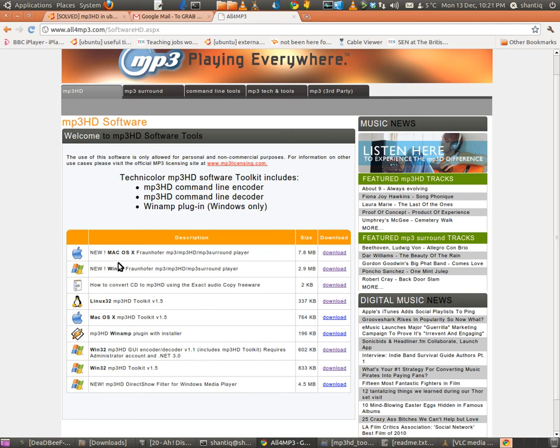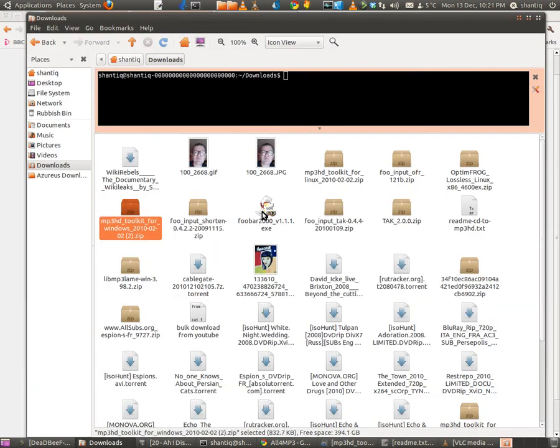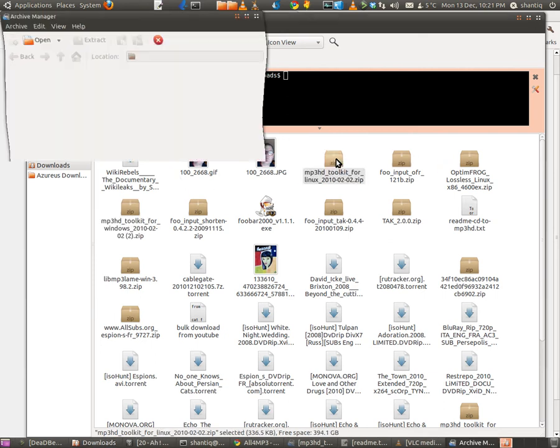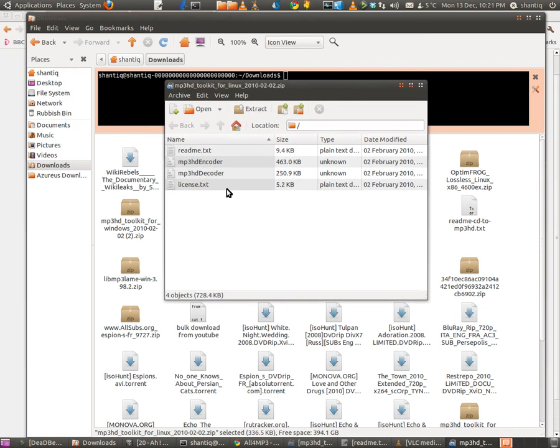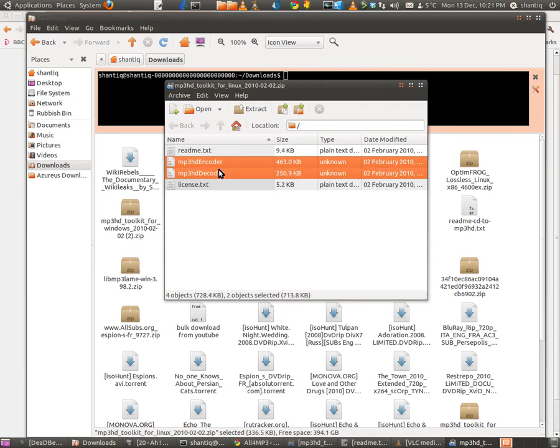So first thing to do is to download the Linux toolkit here. Download here. I'll go to my downloads because I've already got it there. Toolkit for Linux. There we go. That's the whole lot here. So you get mp3 encoder and mp3 decoder. So you take these two, you extract that to your home directory. Okay, so this one, and take this, extract that to your home directory. Then you go into your